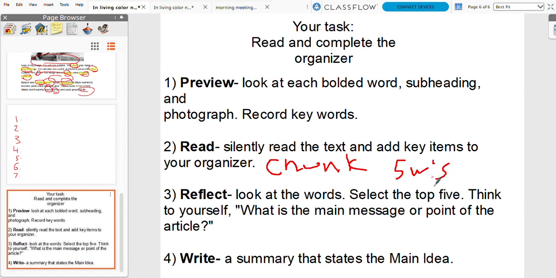Reflect. Ask yourself, what is this main message? What is this mostly about? That question really helps. And at the end, write your summary, and then make sure that summary makes it onto